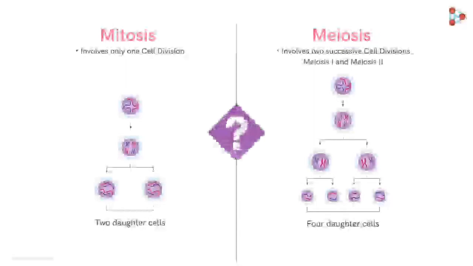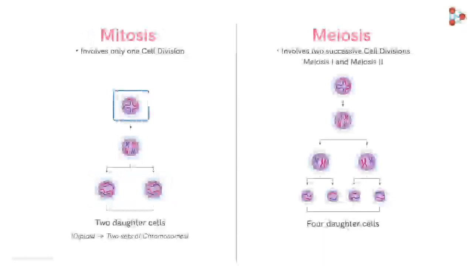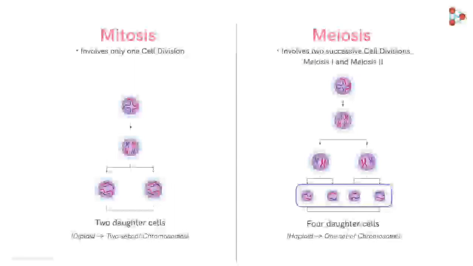And is there something remarkable that we haven't discussed yet? That's right. Now let's move on to the next major difference. This difference is based on the chromosomal number of the daughter cells. In mitosis, the daughter cells are diploid with 2 sets of chromosomes, just like the parent cell, while during meiosis, the daughter cells produced are haploid with only 1 set of chromosome. These daughter cells are called gametes, have exactly half the number of chromosomes from the parent cells.